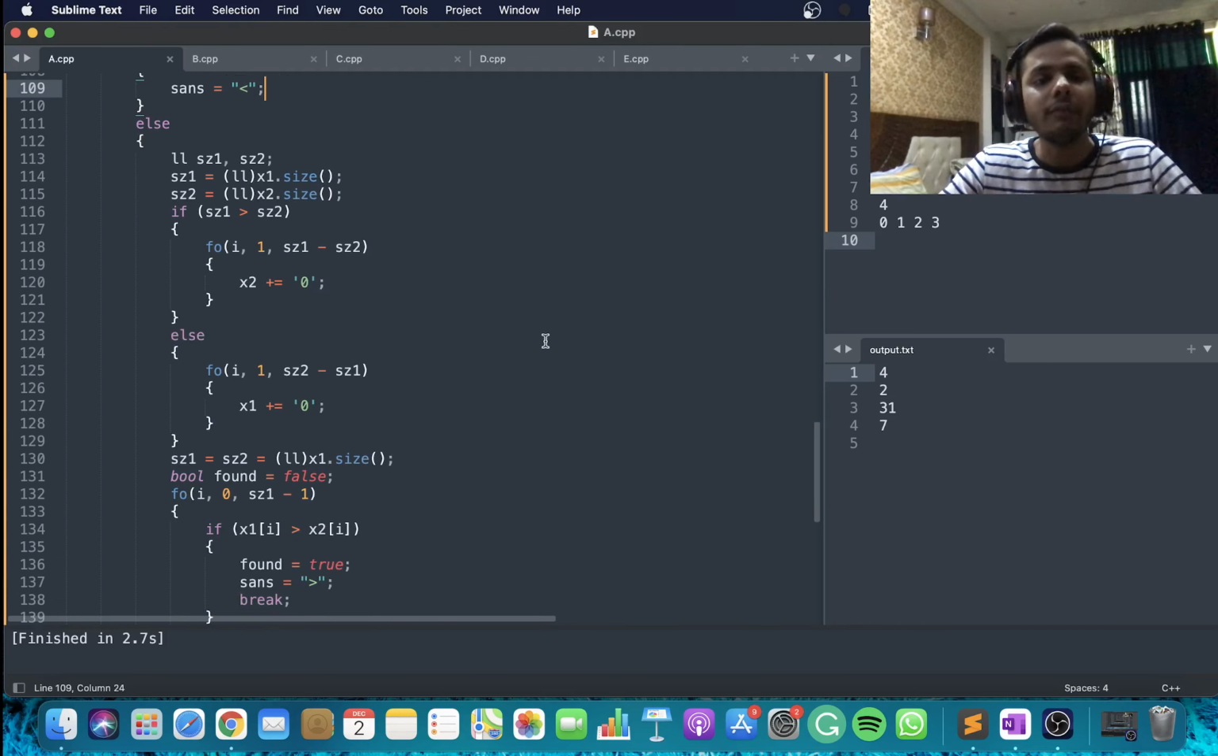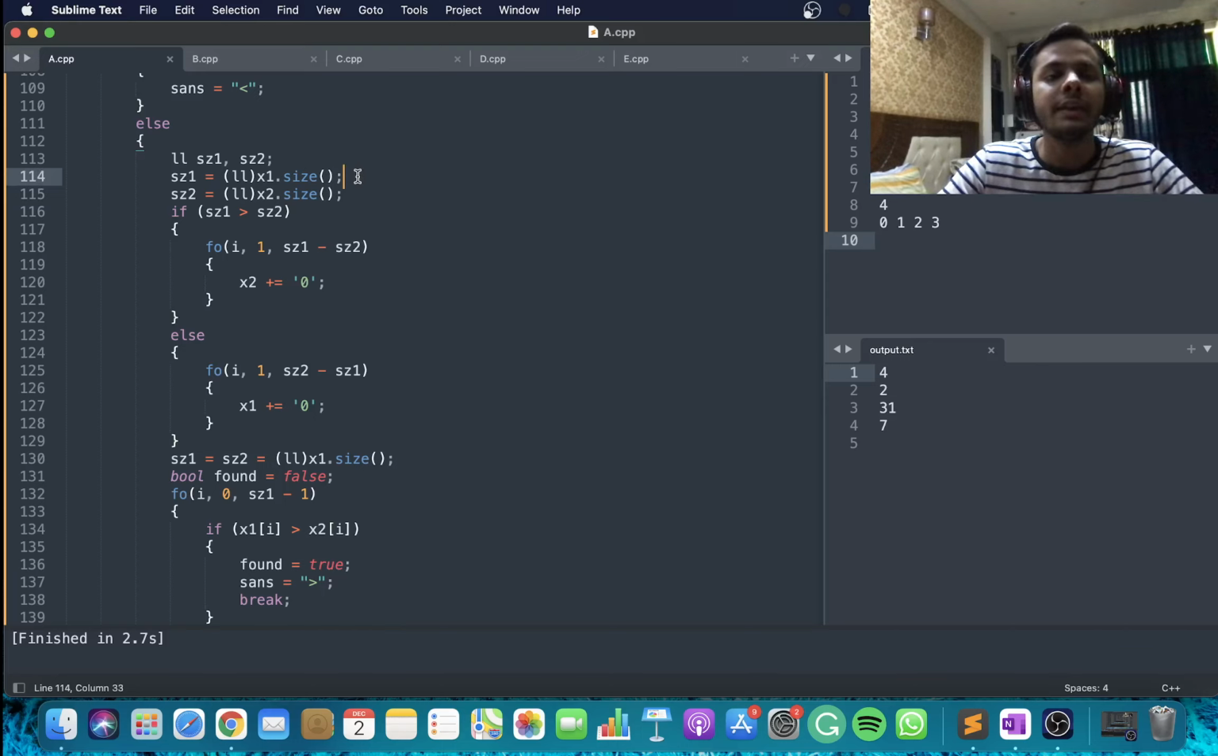Then what I'm doing is manipulating the numbers such that their lengths become the same. I'm looking at x1 and x2, and if the size of x1 is smaller than the size of x2, then I'm appending size of x2 minus size of x1 zeros to the end of x1. And if the size of x1 is greater than the size of x2, then I'm appending size of x1 minus size of x2 zeros to the right of x2. And once I do that, the sizes of x1 and x2 just become the same,